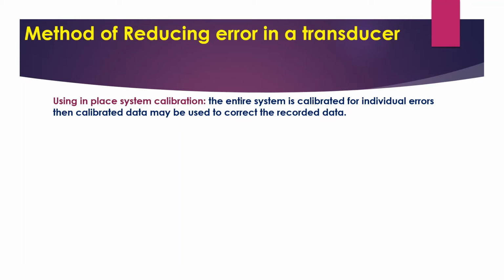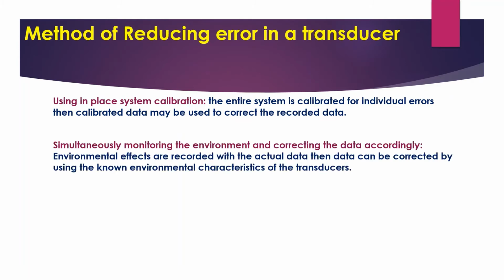At that point you have to calibrate. That means you have your known data, and you compare the known data with the data which you record with that hydraulic press, and if they do not match, you have to calibrate. That means you have to set that value to the normal condition where no error occurs. So that is in-place system calibration.